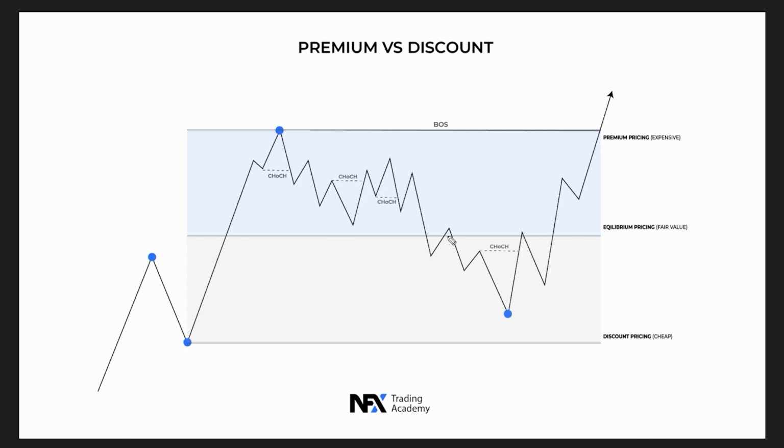So once price comes into our discount zone, into our cheap zone, then we can wait for price to realign, so we can take some buys from anywhere around here all the way to the premium pricing, where we're basically buying cheap and selling expensive. It's that easy. Also, but this is more risky, once we have the higher high confirmed in the market, we can use the tool in order to identify the premium pricing, and we can take sells in the premium pricing again to aim for the discount pricing. So basically we sell when it's expensive and then we buy when it's cheap.